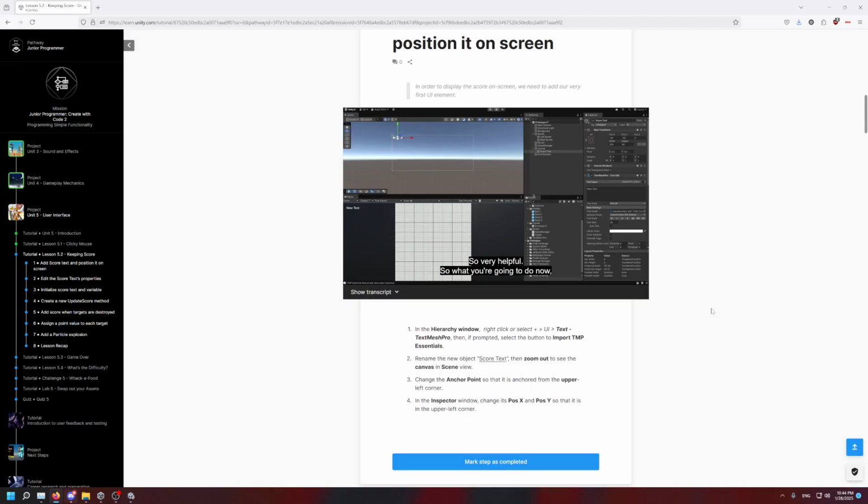So what you're going to do now is you're going to go into your hierarchy, right click, go down to UI, select Text Mesh Pro, Text. Once you've selected that, it will probably prompt you to install Text Mesh Pro, so make sure you do that if you haven't done it before. Once it does that, you will then have a canvas object, and underneath the canvas object, if you expand it, you'll see score text. Just make sure that you rename the text element to be score text,